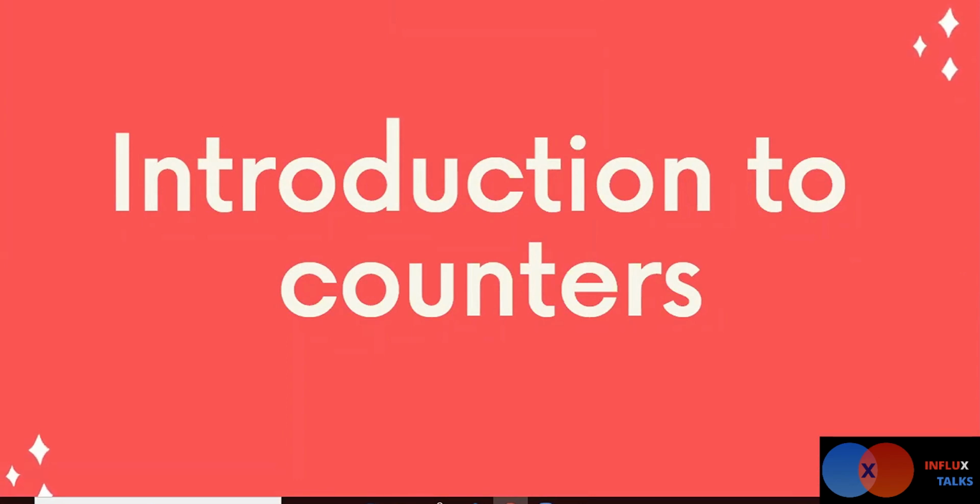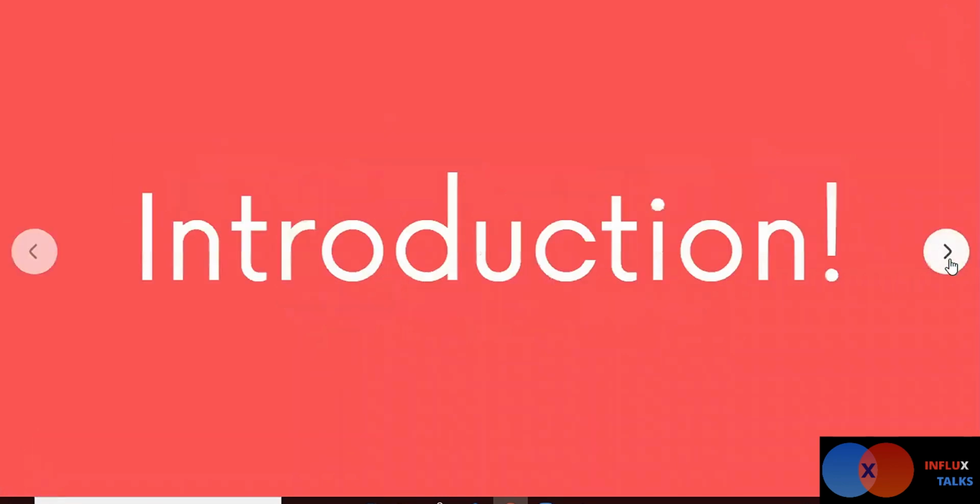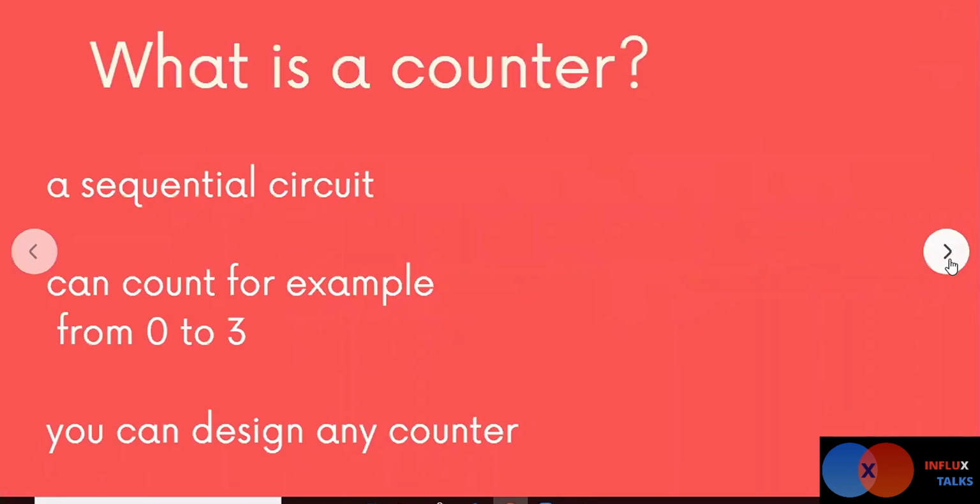So if it is at one, then the next time it will say two, then three, then four, and so on. The number from which it starts counting and the number at which it ends the count depend upon your design. You can design your own counter. For example, there may be a counter which counts from 0 to 10, and there may be a counter which counts from 2 to 6, similarly 3 to 9, depending upon your design. So now we know what a counter is, and let's have a look at how it works.